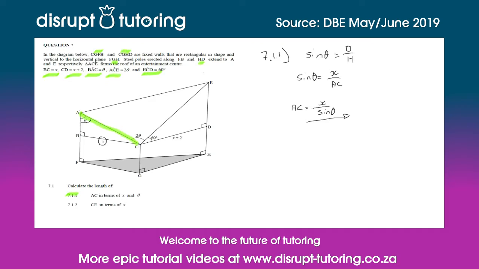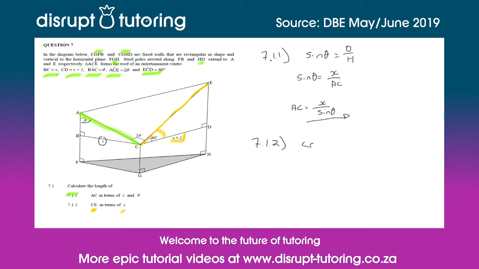Okay, then on to the next one, 7.1.2. What is the length of CE in terms of x? So CE is this line going up here. And again, we have the angle of 60. And because now the x plus 2 is the adjacent side to the angle 60, and we need to work out CE, which is the hypotenuse, we'll need to use the trig ratio of cos,